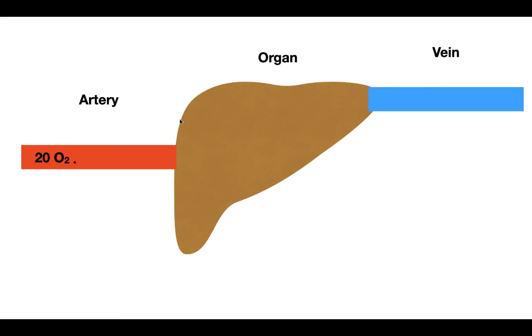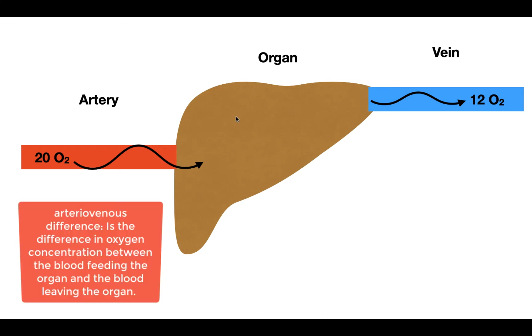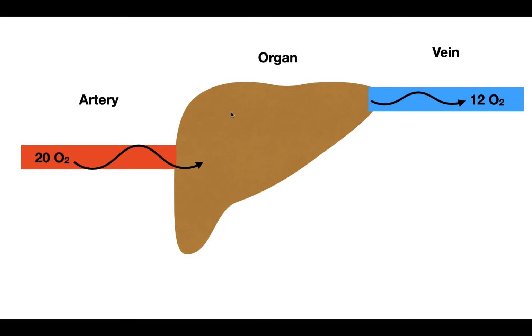So the blood flowing into the organ has an oxygen level of 20 molecules, and the blood flowing out has an oxygen level of 12 oxygen molecules. Now, you can see here that the organ, if you take the difference between the oxygen level in the artery and the oxygen levels in the vein, has an arteriovenous difference of 8 oxygen molecules. So the arteriovenous difference is simply how much oxygen is used by a particular organ. So it's the difference between the oxygen levels in the artery feeding an organ and the oxygen levels in a